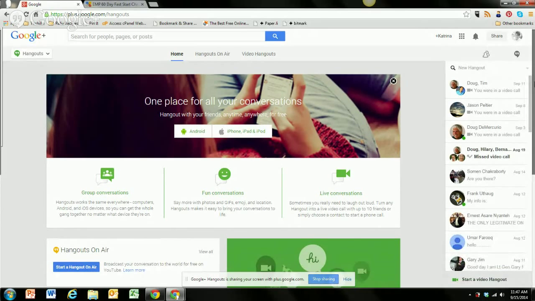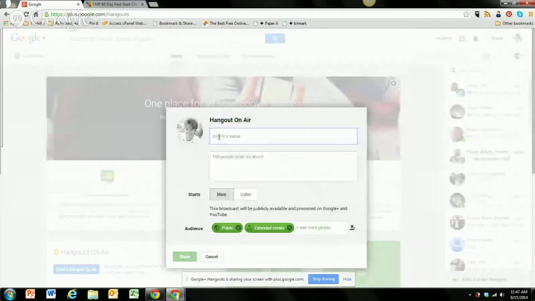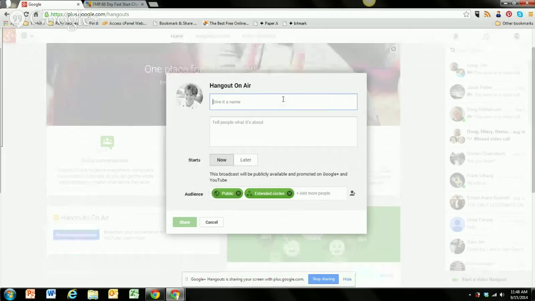The other thing we talked about, and Doug just mentioned, was start a Hangout on Air. That's what you guys are seeing here. The Hangout on Air is a recordable version. Again, I'm going to show you guys real quick. You give it a name. If you're looking to rank for keywords, I would actually use keywords inside of here and know your audience. We'll discuss that with Andrew tomorrow inside of our first training.